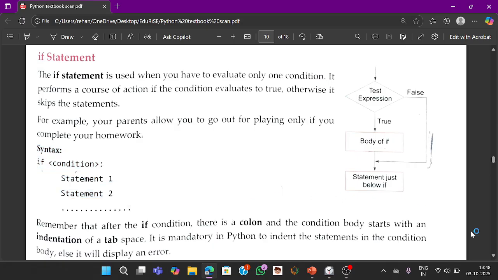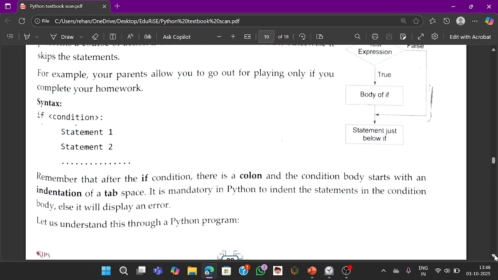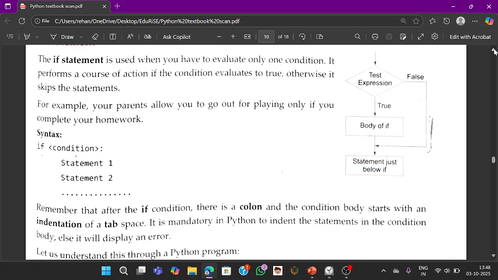Like normally in English language, we'll have grammar that tells you how you are supposed to write a correct English sentence. Likewise, a syntax in programming language means the same: the correct form of writing programs or statements in the programming languages. So the syntax of if condition is: you'll use if, which is a keyword, followed by a condition. There can be any relational operation, logical operation, any operation you are going to keep over here